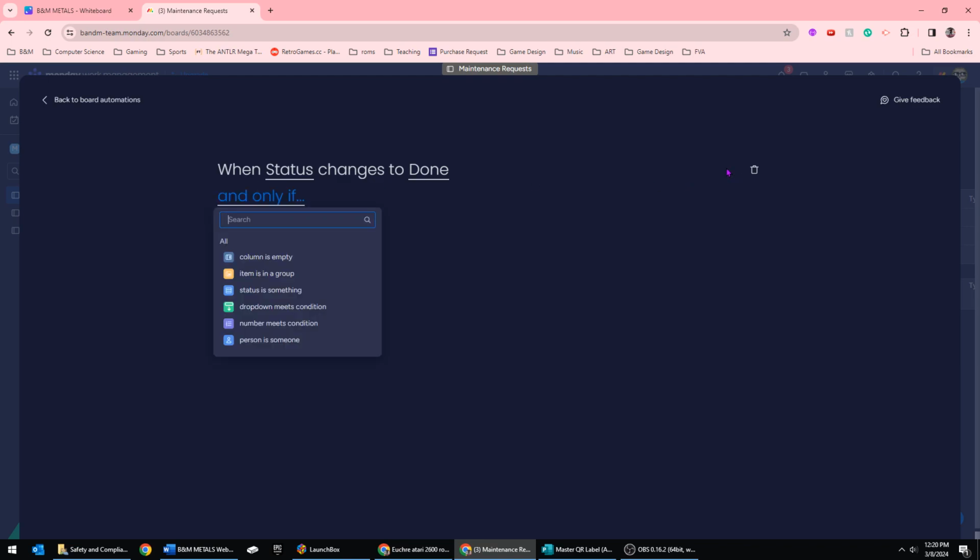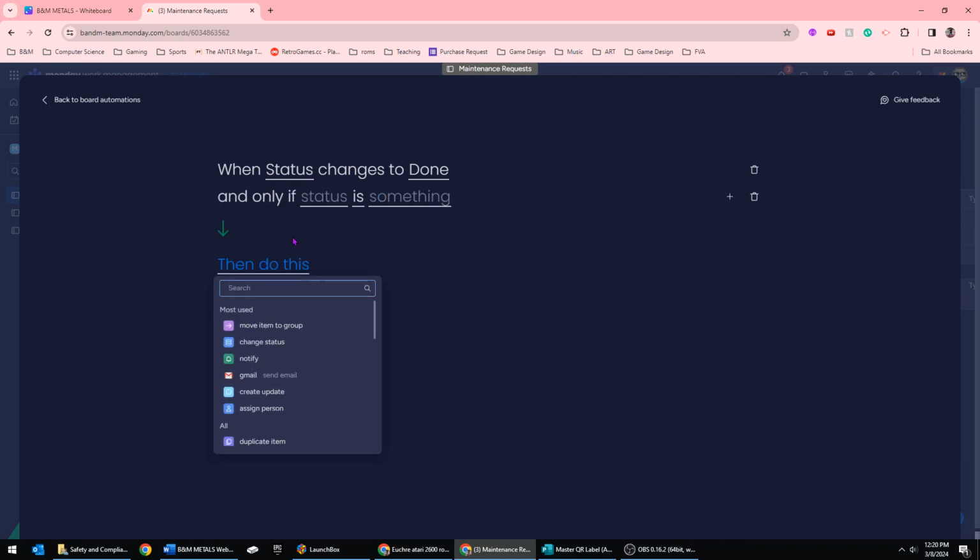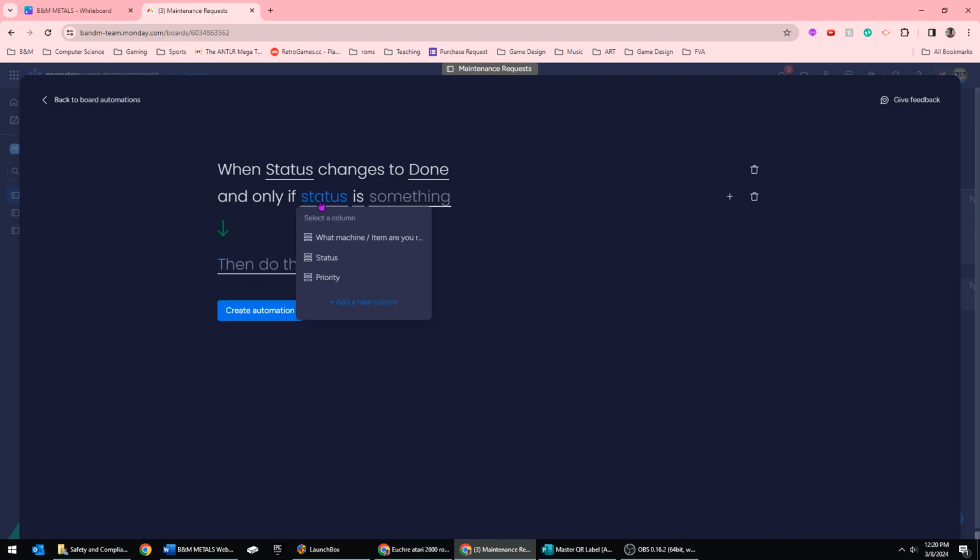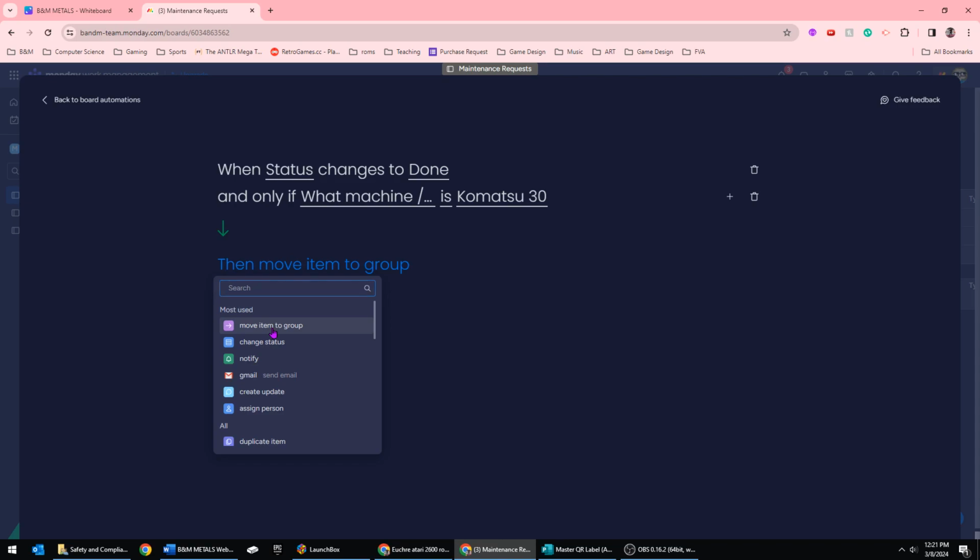Then we want to add a piece, because we want to know when the status is changed to done, and we want to know that when the status is something. So when a certain status is equal to something, and that status for this one is the machine item being worked on. Okay, and then we want to change when that is equal to the Komatsu 30. Okay, so now when the status is changed to done, and only if the machine type is the Komatsu 30, then we want to do this, and we want to move this item, okay,